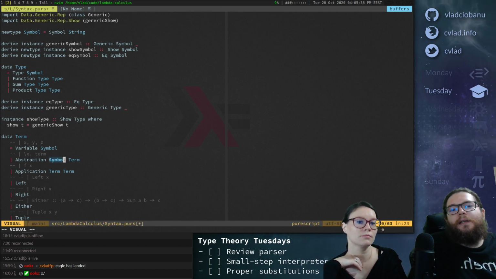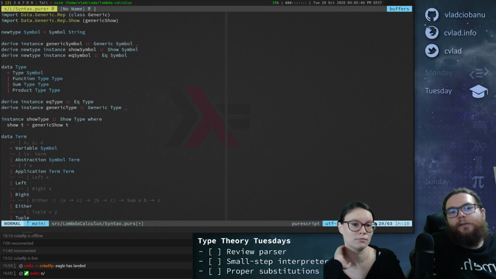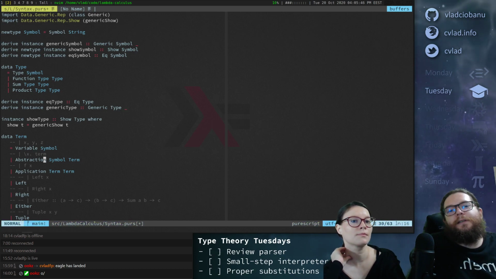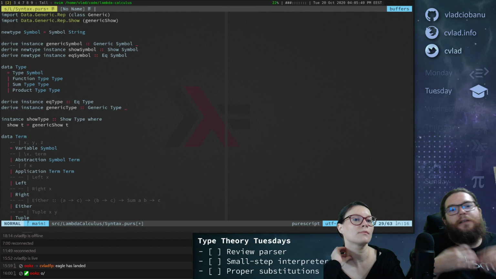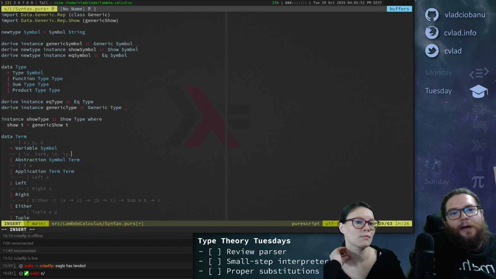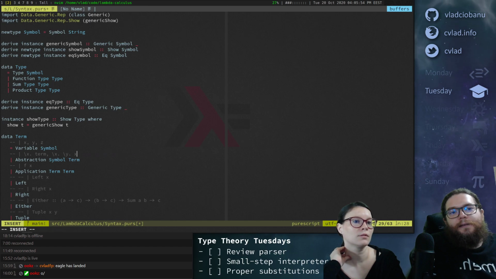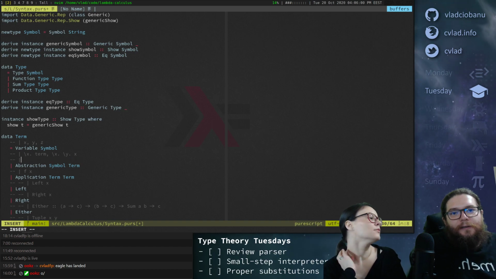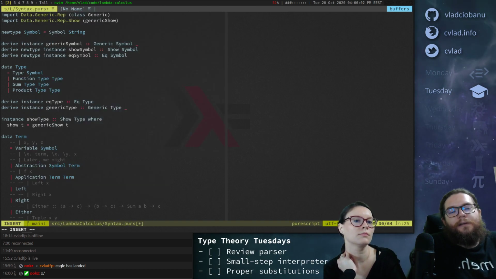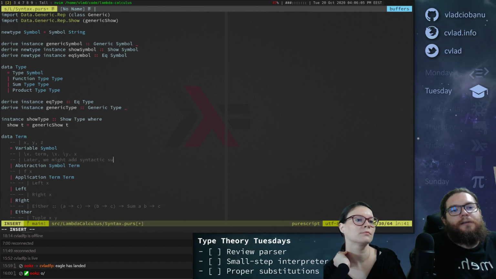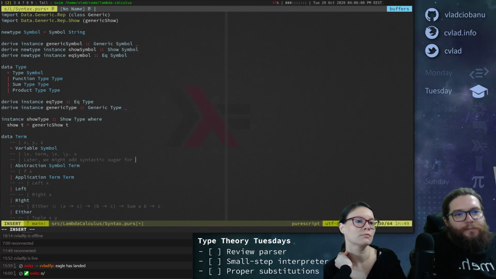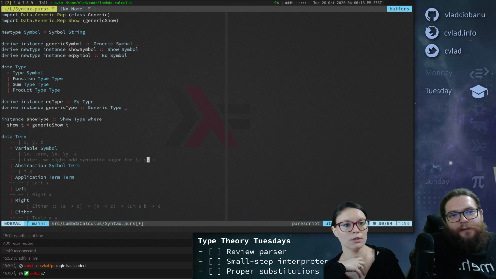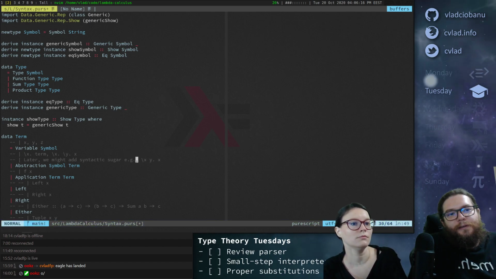Okay. And for an abstraction, we need what? Well, we need the lambda head, is what we call it, which is this part, which is also a symbol. Then we need the term, right? So this is recursive. On the right hand side, you can have a variable, you can have another abstraction. For example, you can do lambda x dot lambda y dot x, and so on, right? And as you said, you cannot have a list of. Yeah, and later you might add syntactic sugar for lambda x y to be the same as the previous one, right? For example, this, but not now.